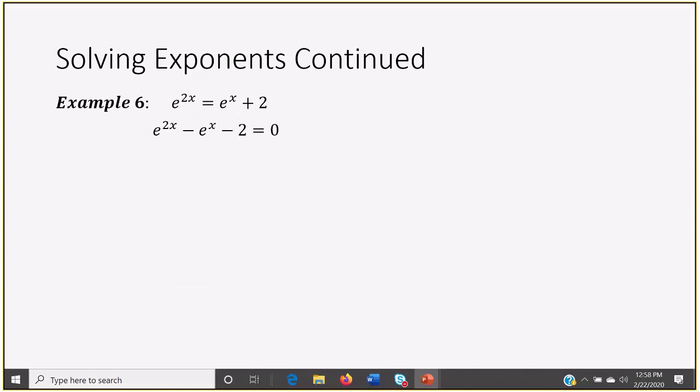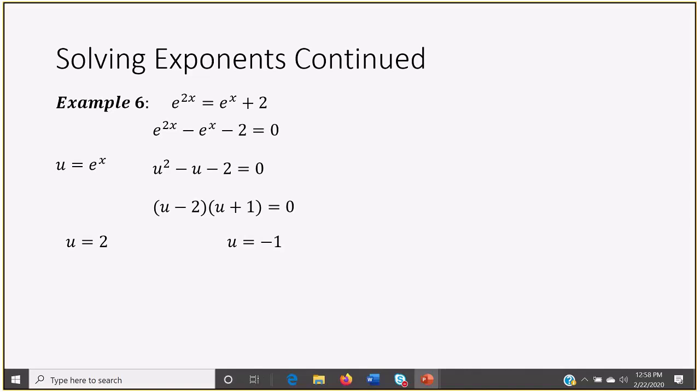And then this looks awfully like a substitution problem because I have a trinomial. Seems like maybe I could factor it, maybe not in the form that it is right now. But if I say u is equal to e to the x, well, I can rewrite my problem as u squared minus u minus 2 is equal to 0. I factor that. Two things that multiply to get me -2, add to get me -1, -2 and 1. I solve, and so u is equal to 2, u is equal to -1,